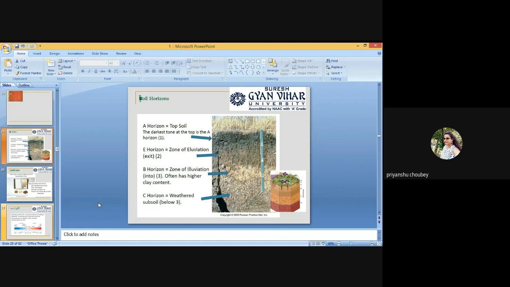Classification of pedogenic processes, or soil forming processes. Pedogenic processes are simply the recognition and rearrangement of the minerals and organic constituents into different layers under the influence of various pedogenic factors. They can be broadly classified into two groups. First, the fundamental pedogenic processes, and the second one is